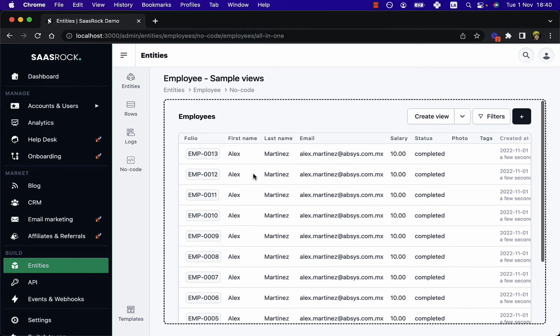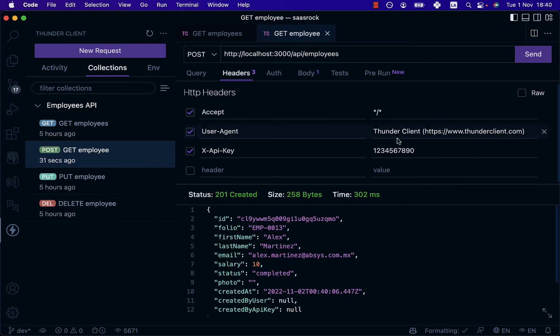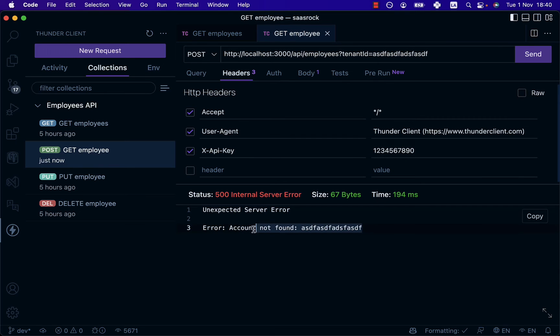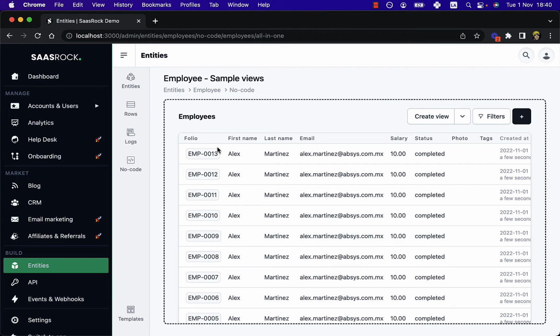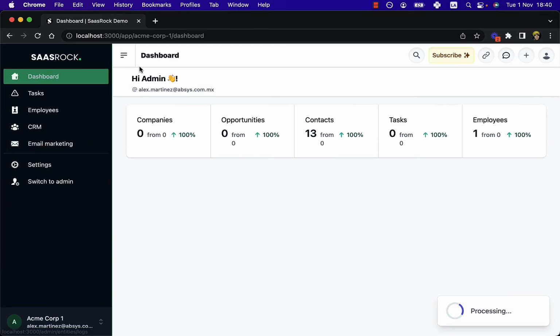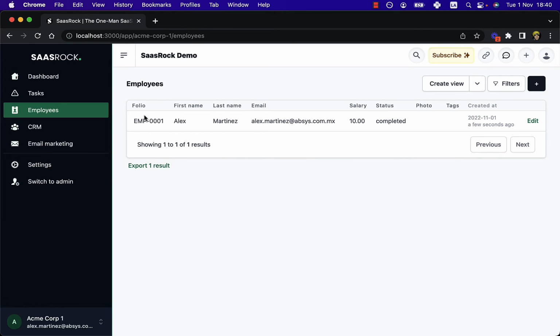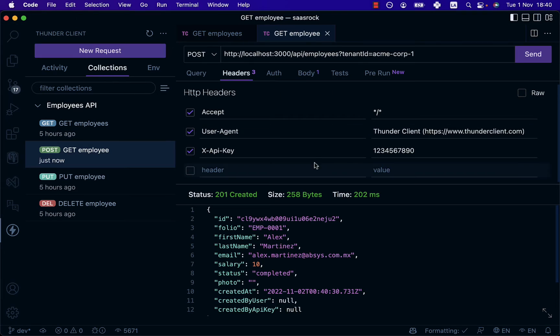So now we have 13, but as we're using the API access token, we can use the tenant ID query param and set it to, if we set it to a wrong tenant, it should throw an error that says account not found, but let's say Acme Corp 1, which is the slug. Now we created this employee on the tenant side. So on the admin side, it should not be there. But if we go to employees, here it should be. But we're using this API